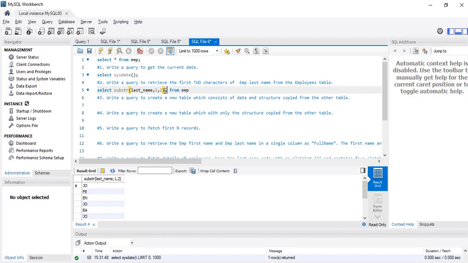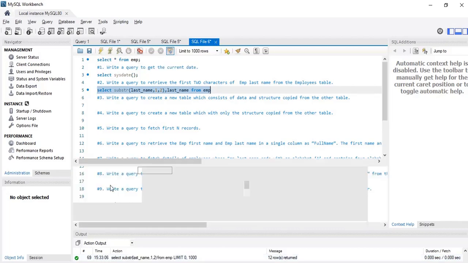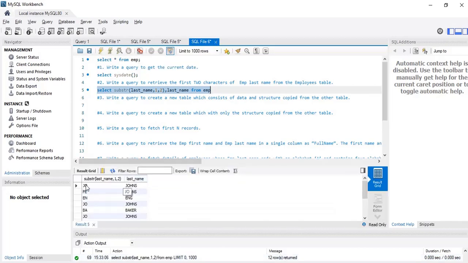If you want, you can also print last name and see the difference between the two. So John's, so it will give JO, so Fern, so FE will be given. So this is the syntax of substring. The first parameter is the column name. So what column name you want, from which index you want, so 1, and what is the length. Now if I would have made this 3, so JHOFER, I hope that's clear.